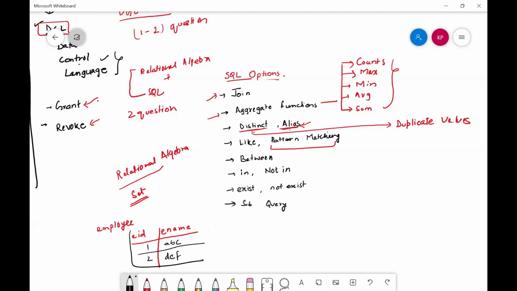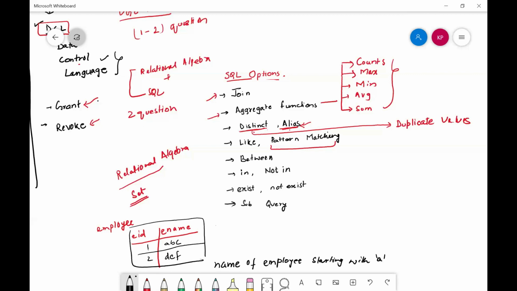We don't know the exact name, but we know we have to select the employees whose name starts with A.